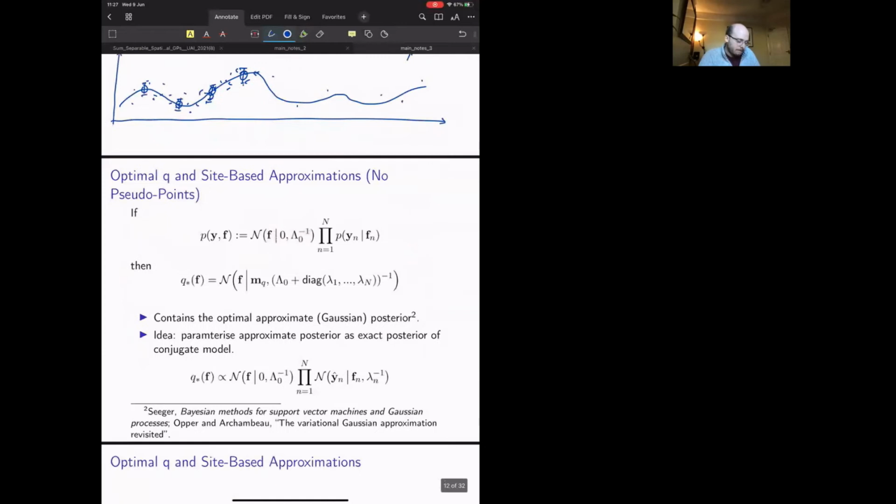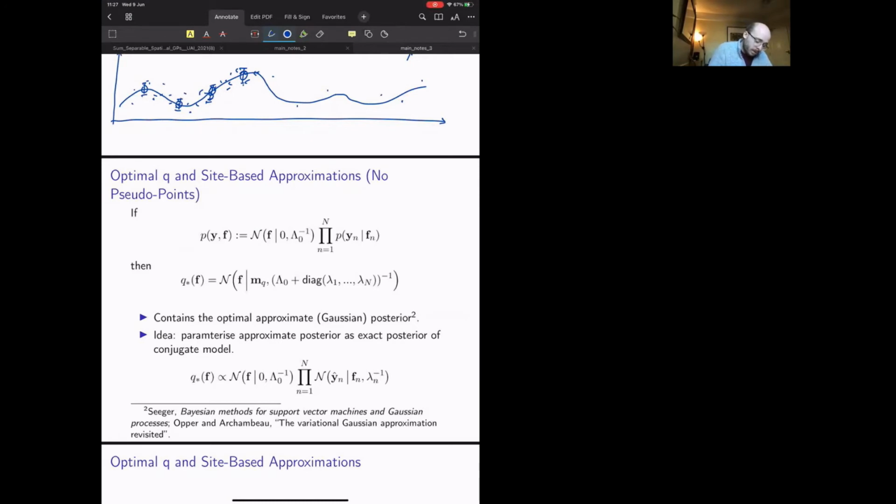Then there's one other bit of background that we need before diving into the papers, which is the structure of optimal Gaussian approximations to Gaussians with non-Gaussian likelihoods. So that was a bit of a mouthful. We went over this a couple of months ago when Matt and I did a presentation, but the general idea